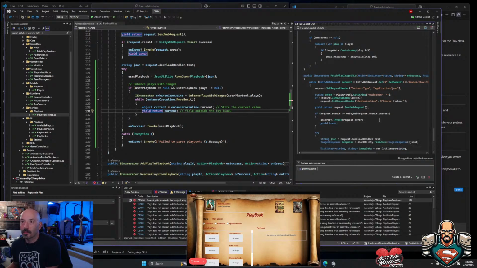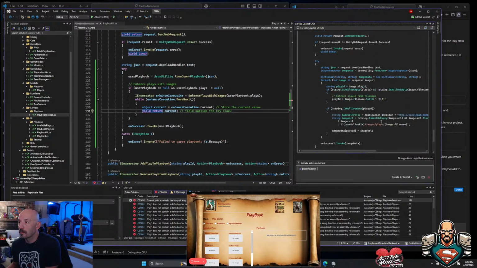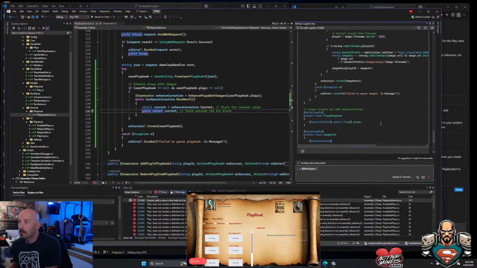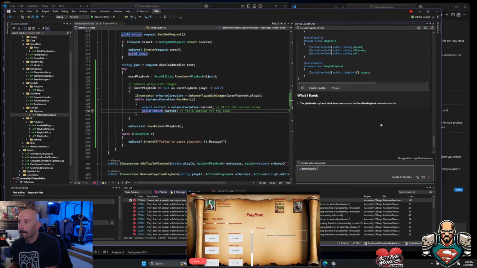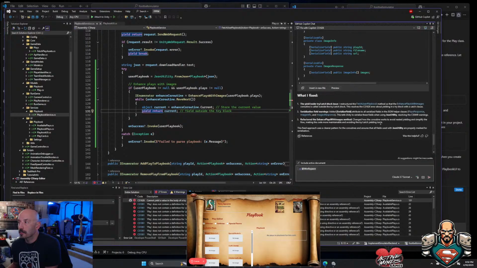Whew, it's doing the whole procedure, unfortunately. The yield inside try-catch block history. I restructured the fetch user playbook method so that the enhanced plays web images routine is called outside the try-catch block. This resolves